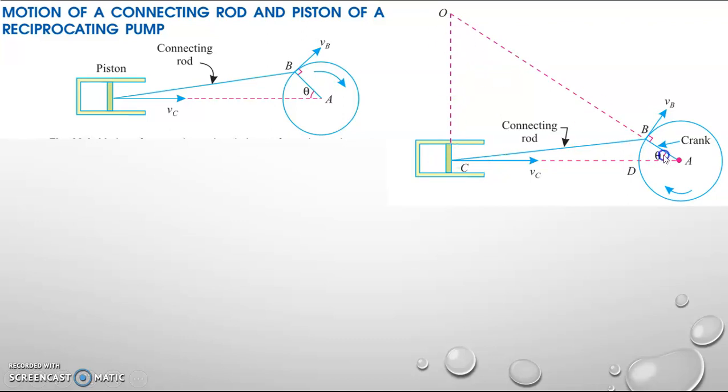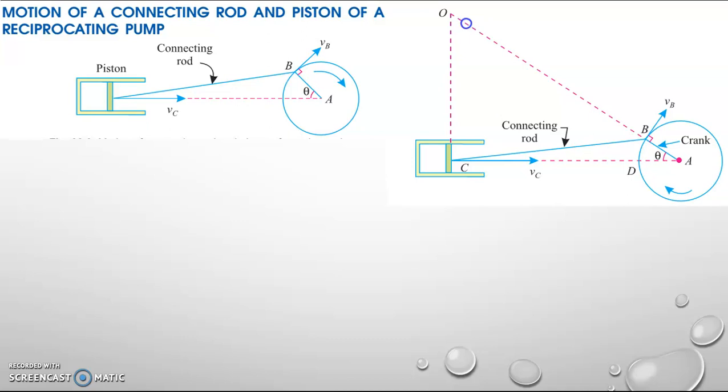Another point is the point B. Point B is on the circumference of the circle. At that instant, the velocity VB will be tangent to the circle. So we draw the velocity VB as a tangent to the circle, and we draw a perpendicular to that velocity. These two perpendiculars will meet at the point O, and we get the instantaneous center as O. Using this instantaneous center, we can find the velocity Vc and Vb if any one of them is known.